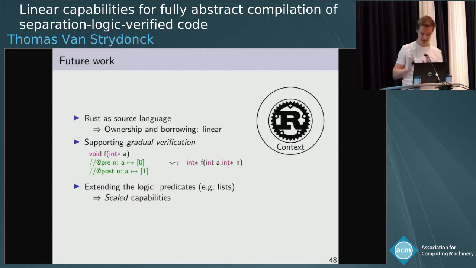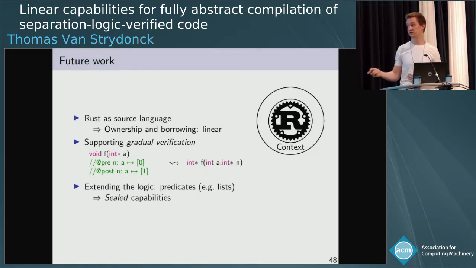And a tiny peek into future work before my time runs out. There's three main things I wanted to mention here. We think that a lot of what we did can also be applied to substructural type systems, and we could probably use Rust as a source language instead of what we did here, because ownership and borrowing have some linear aspects to them. A second thing we still want to achieve is to support gradual verification, because one